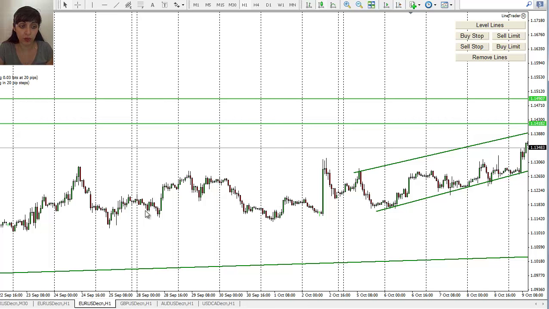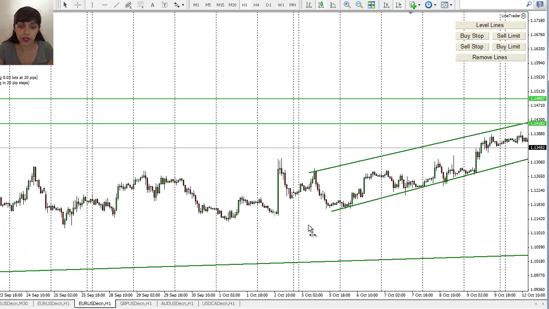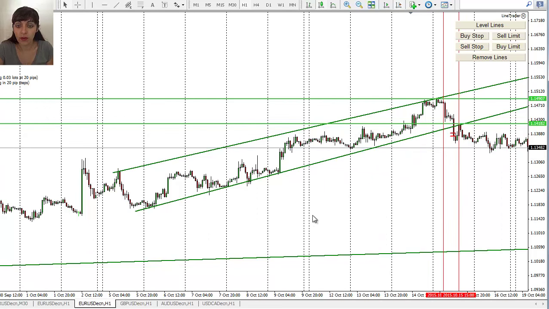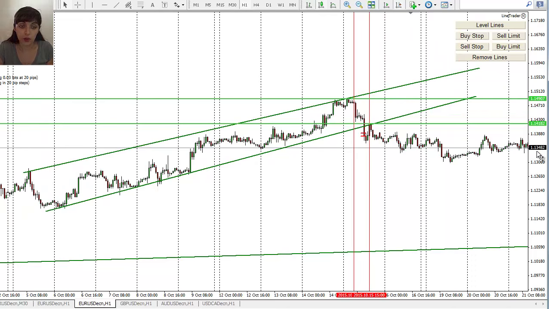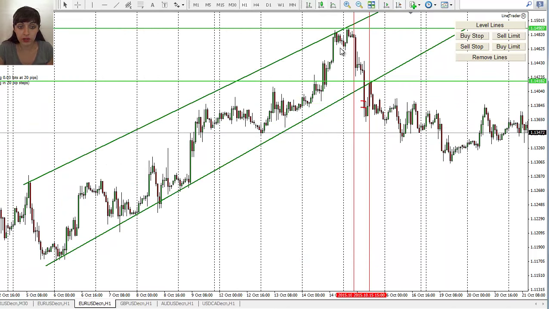You can see that the market was mostly moving in a kind of consolidation. It's a 1 hour chart, so you can see it moving in a kind of channel, and then it started to go up and up and up, so it's an uptrend to me. That's why I drew these two levels. I used this top, and also this top before the 15th, before the news happened. It's around this area, so this is what I drew.